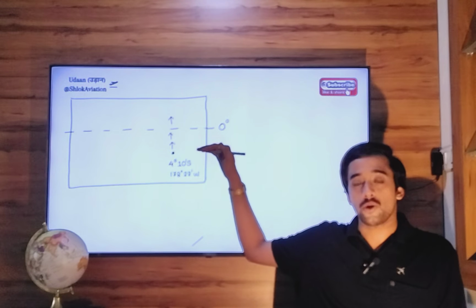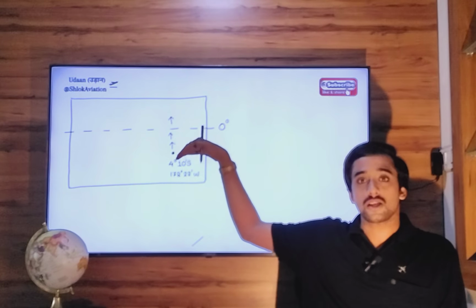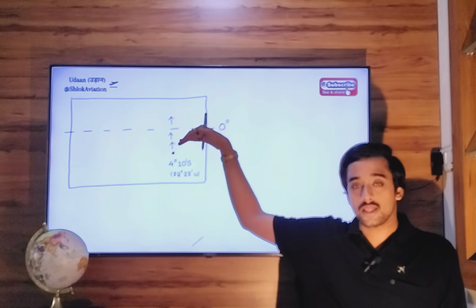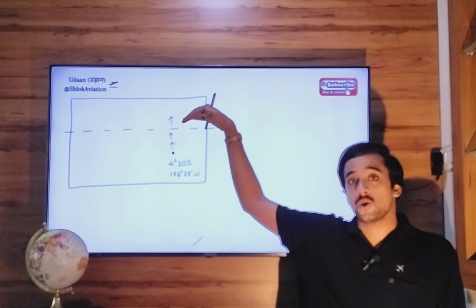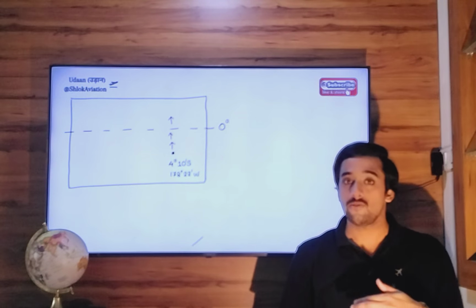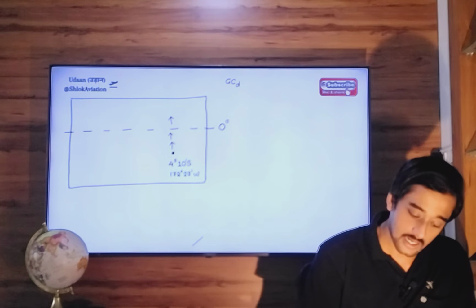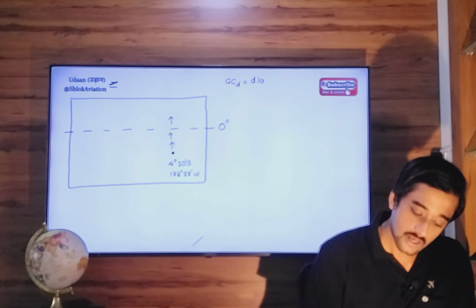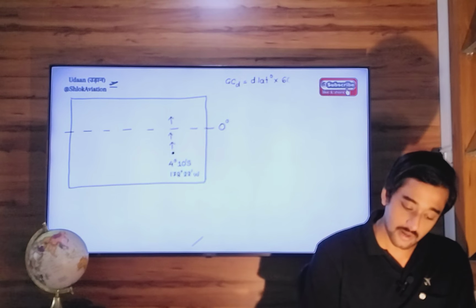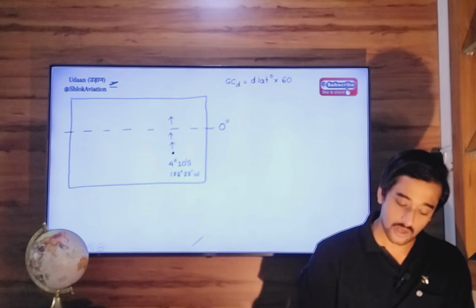What will happen is we will be changing our latitudes. 4 degrees south, 3 degrees south, 2 degrees south, 1, equator, then fly in the northern hemisphere, right? So we are going to actually follow a great circle track, and hence we will calculate great circle distance, difference in latitude multiplied by 60. So the distance great circle is 2950